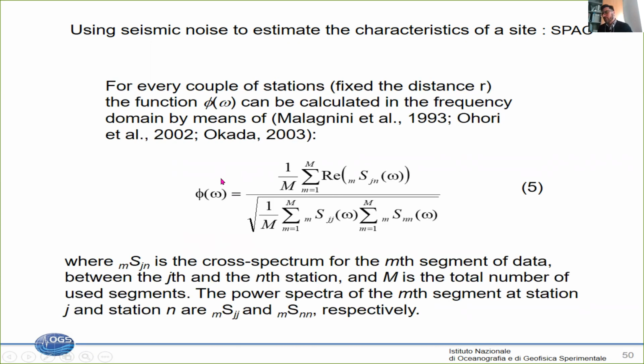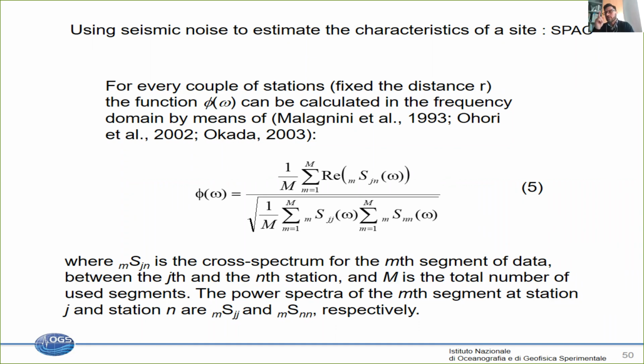So Aki had to do this, of course, in the time domain. So he had to filter the analog signal around a specific frequency. He had to calculate the maximum, the zero, and the minima of the Bessel function. And then he had to, in a few points, calculate exactly which value was best fitting his observation. Nowadays, we have many stations. We are collecting data with digital seismometers and calculating the correlation can be very fast